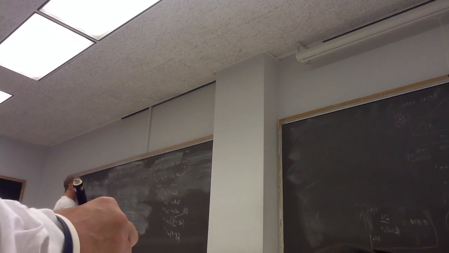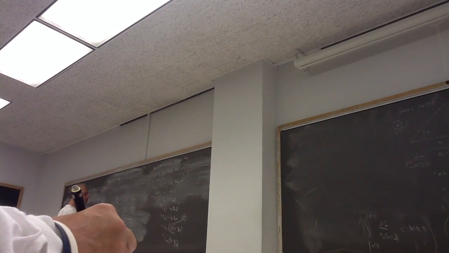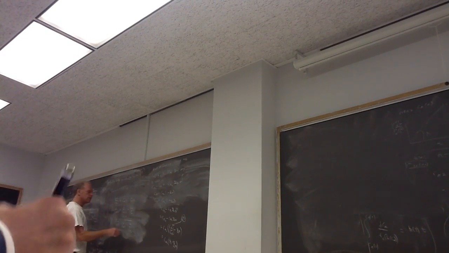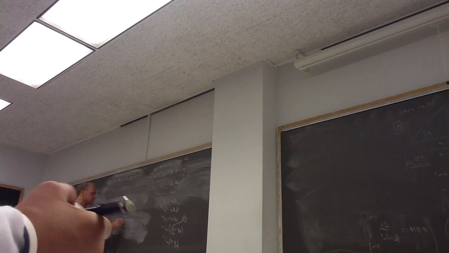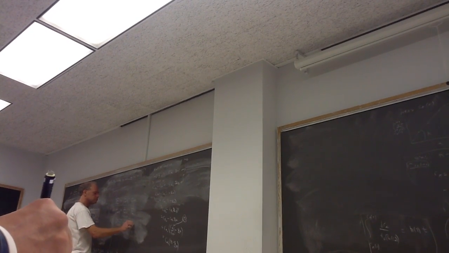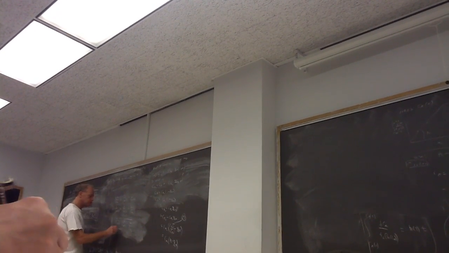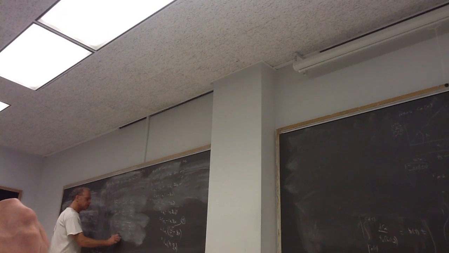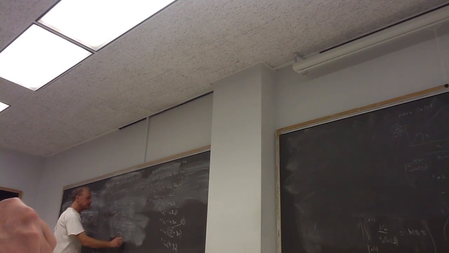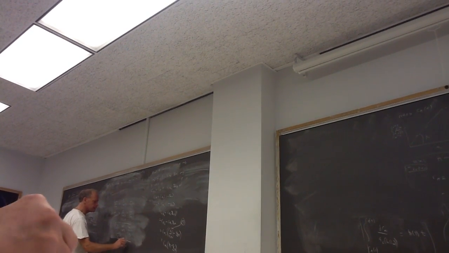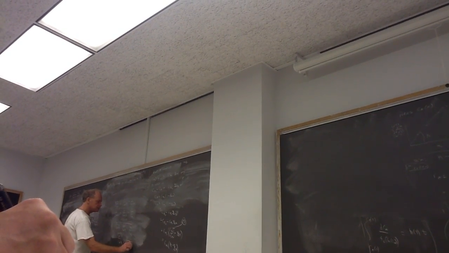And I can divide by CA of 0. And that gives me CA of t over CA of 0 is equal to 1 over 1 minus KT CA of 0 over CA of 0. Did I lose